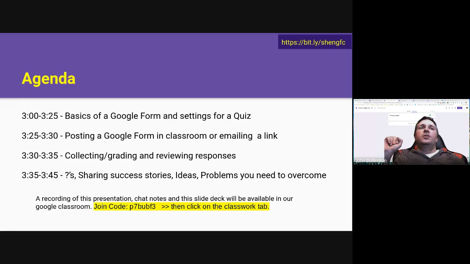Okay, so that if you can't see the agenda slide, the code is P as in Paul. Actually, you know what? Let me do it this way. I will type it in the chat for you right now. So you are going to go to classroom.google.com. You're going to click the plus and join. And then you're going to put in the code P7BUBF3. And for those of you who were with me yesterday, you can see that I've already posted the slides and the video of our lesson,